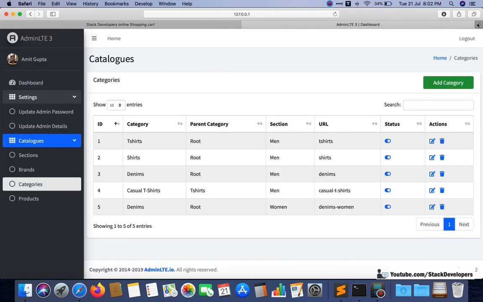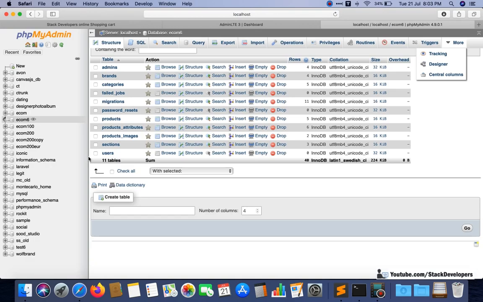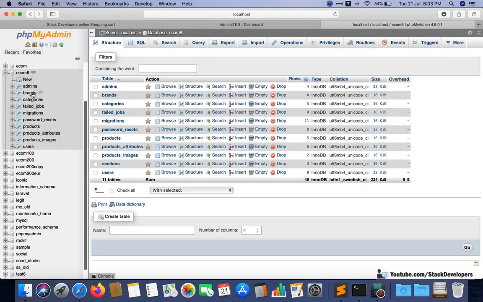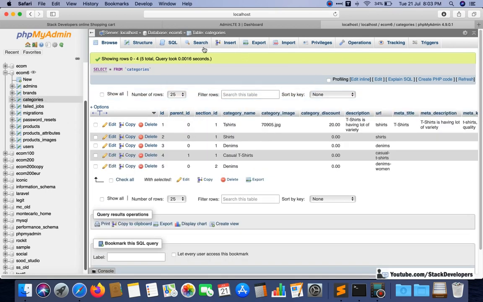I will also open phpMyAdmin so that more things will get clear. Here we can see we have sections, and these are the categories.